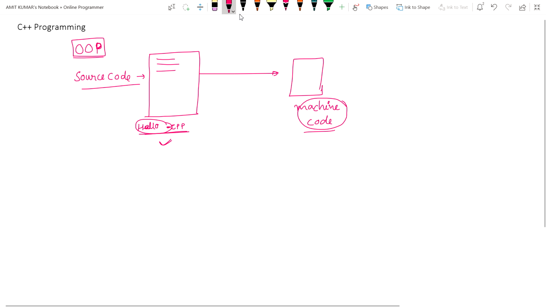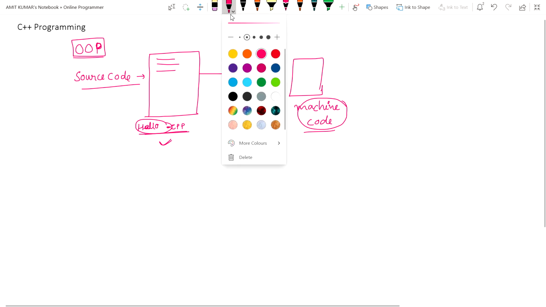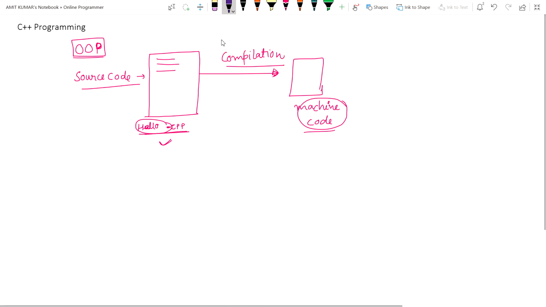This is a human readable language that we can understand, but machines do not understand it, and the process of conversion is known as compilation. Basically, this compilation is not a single step. There are multiple steps involved. We will see these steps. If you see, this consists of four steps.